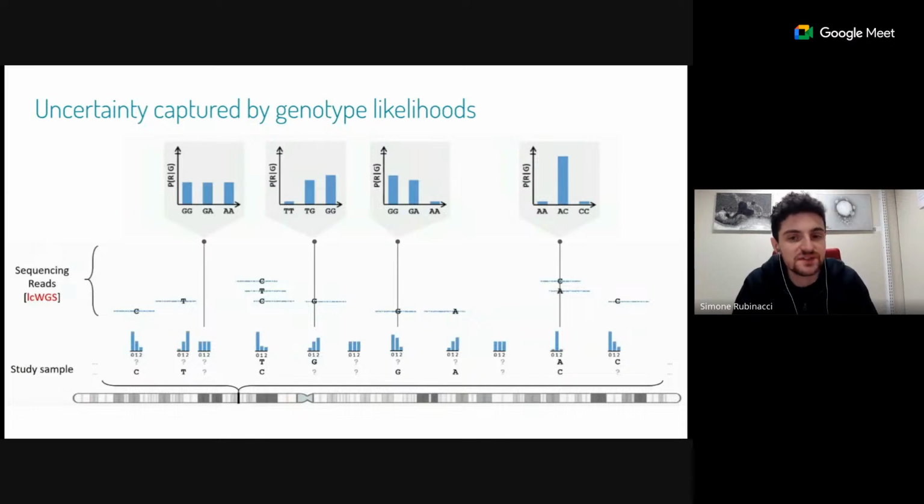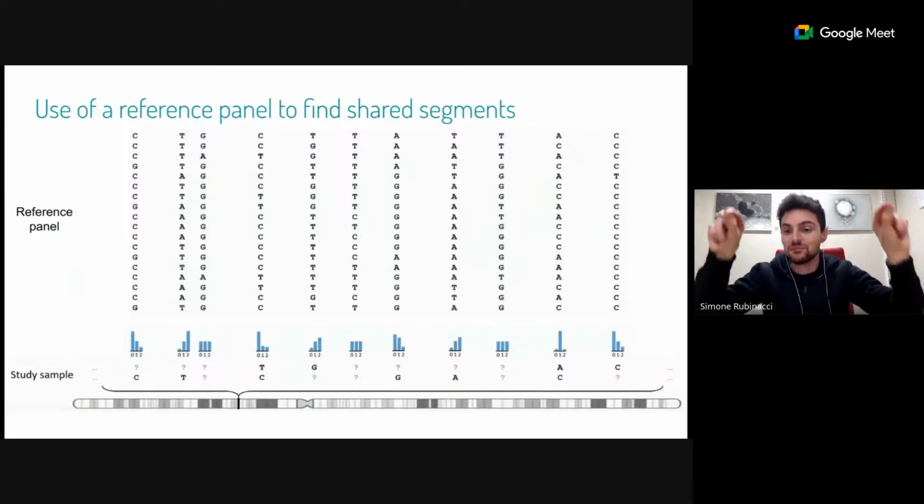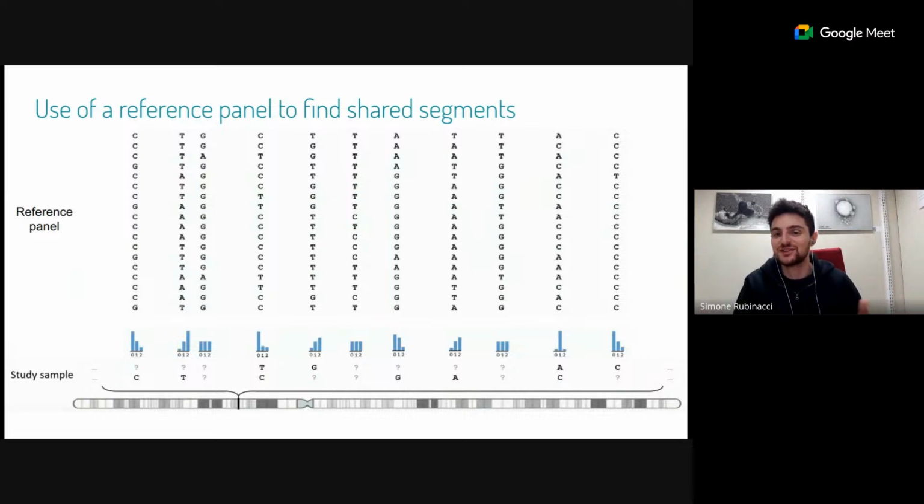The key point is that at a single position, we don't have much information. We have just a probabilistic representation that is maybe not particularly significant. But overall, we have enough to capture the underlying haplotypes. Therefore, using an external cohort of well-phased, high-coverage whole genome sequencing data, like the UK Biobank resource I showed you before, we could use this external cohort as a reference panel and use these genotype likelihoods to identify haplotypes and then perform basically standard imputation, similarly to what I tried to give you an idea of before.